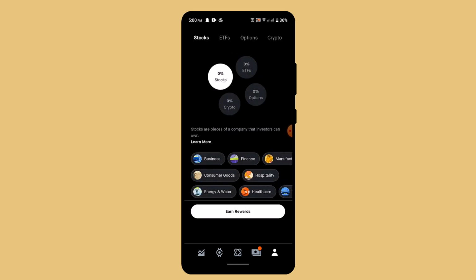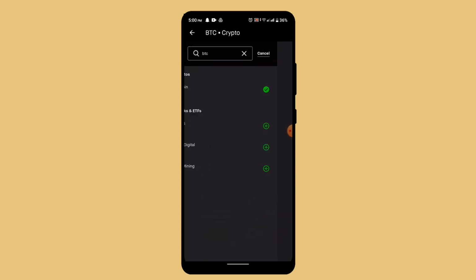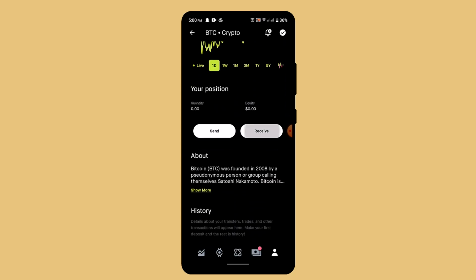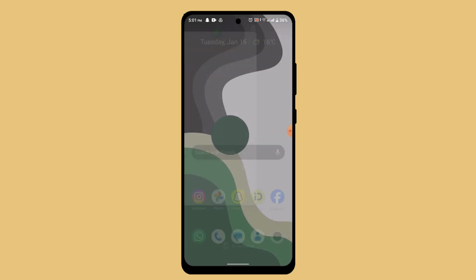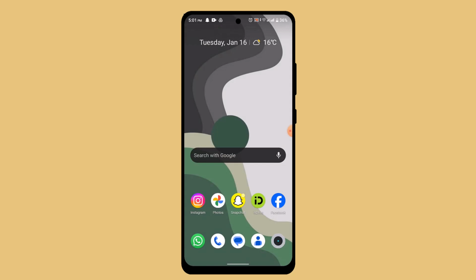actually want to receive. So type in the asset, and then you need to go ahead and tap the receive button. As soon as you click the receive button, in the next interface, you have to set up some of the information. After you've done that, you'll need to go ahead and copy the wallet address, and once you're done copying the wallet address, then you need to exit out of your Robinhood account and then log in to your